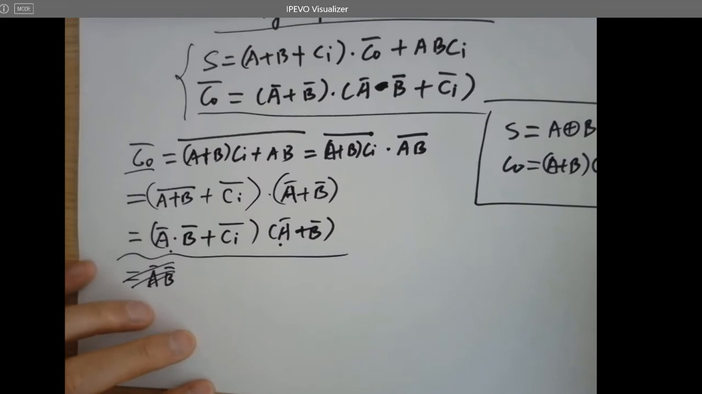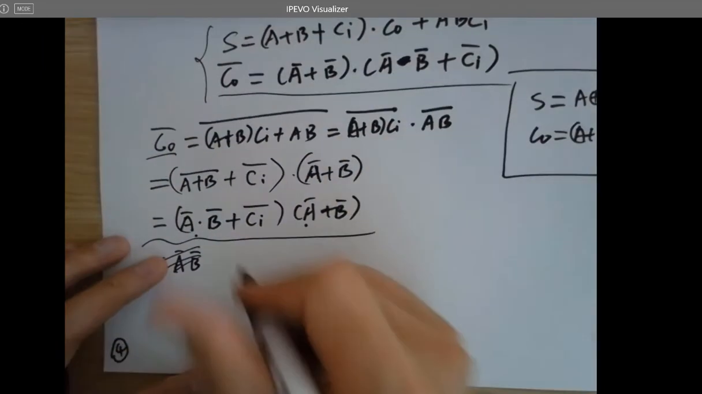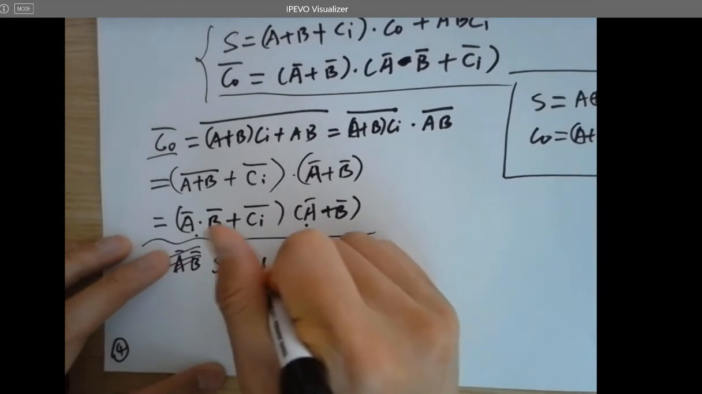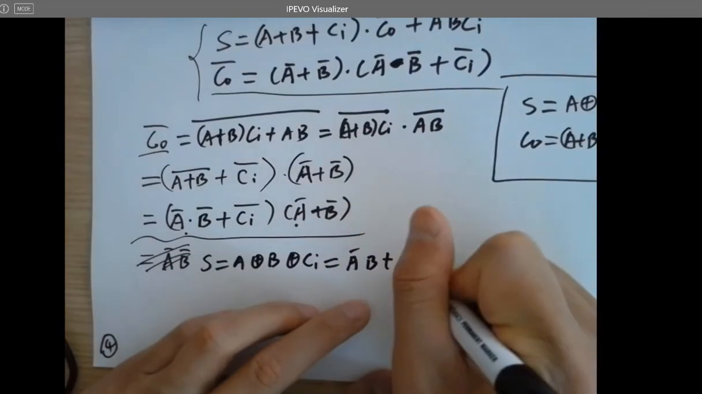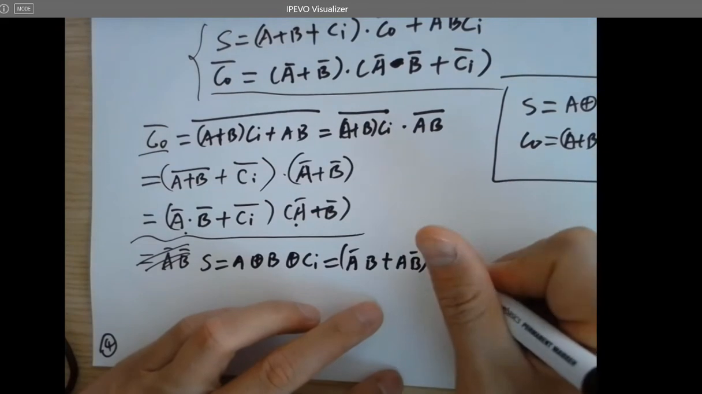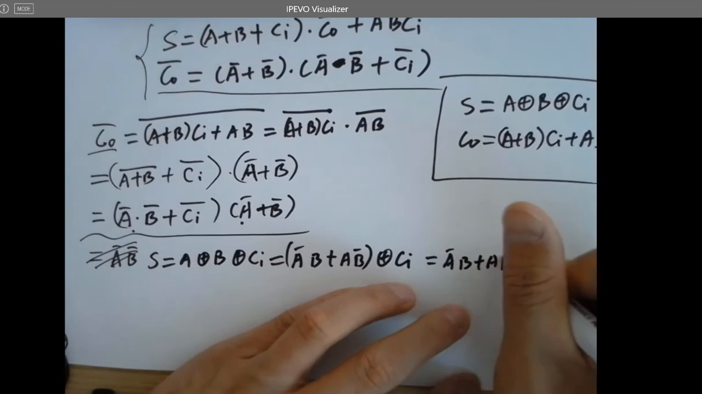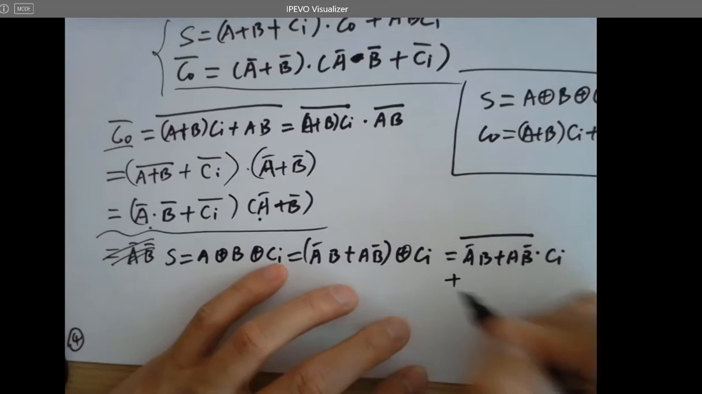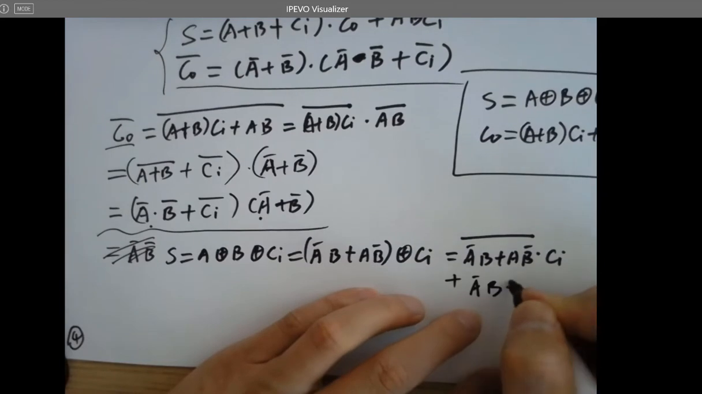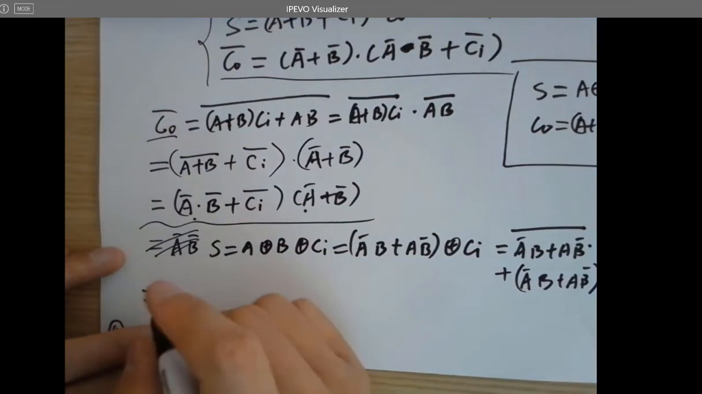And what about S? So S is A XOR B XOR CI, which is A not B or A B not, XOR CI, which is A not B, A B not, CI, or A not B, A B not, CI not, which is